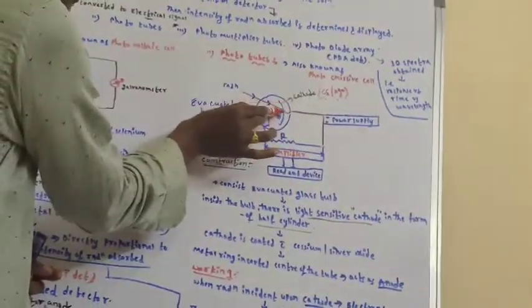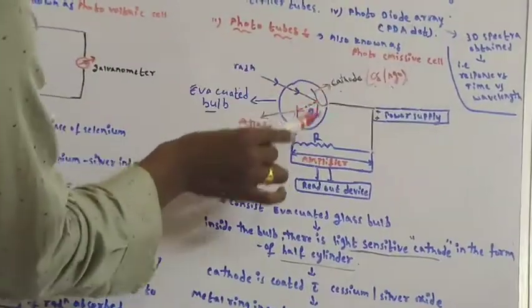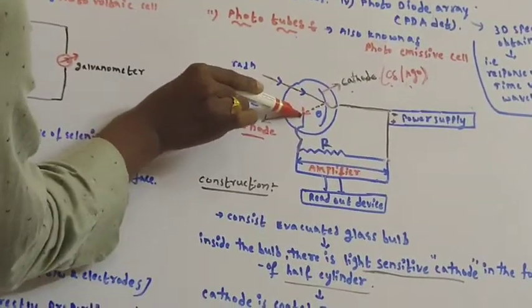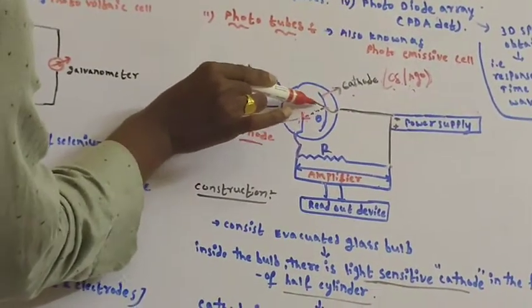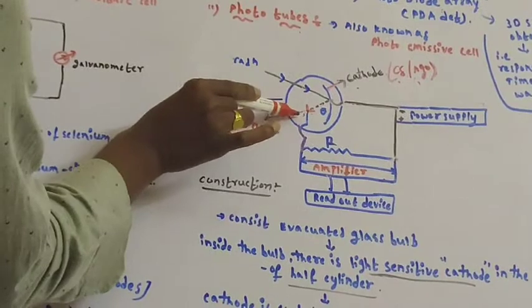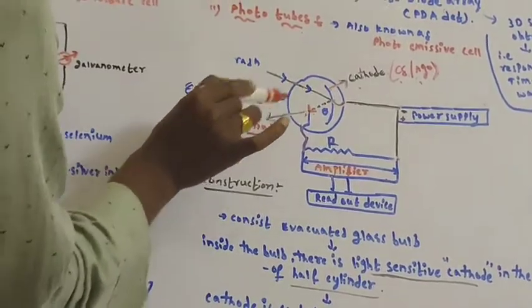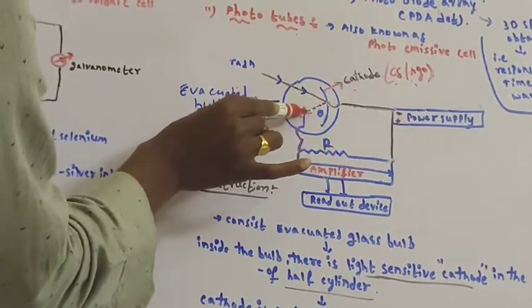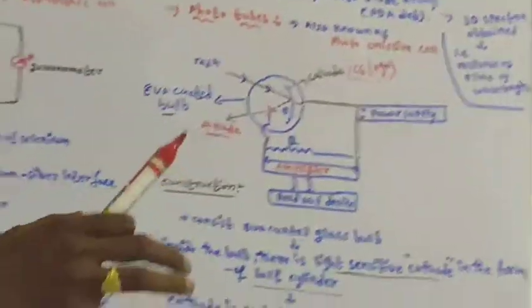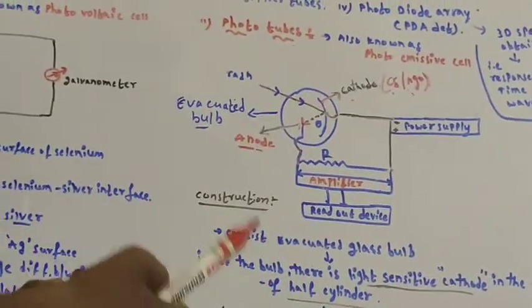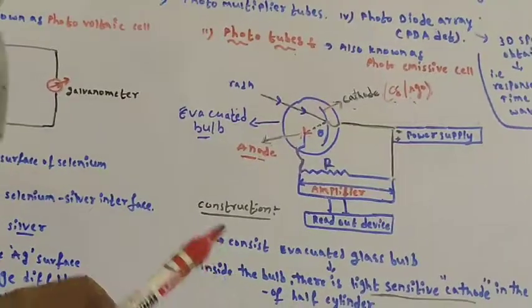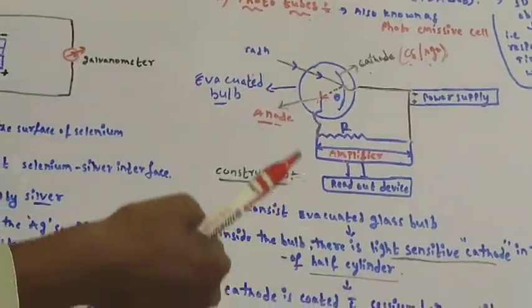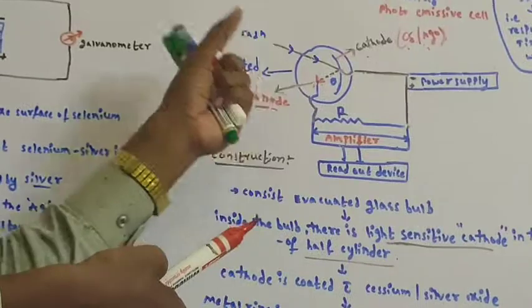Let's see. Whenever the radiation falls onto the photocathode, what will happen? The electrons are generated from the cathode. The generated electrons will move towards the anode, meaning all the electrons will be collected by the anode only, and that's why it is known as the collector anode. The flow of electrons towards the anode generates current. If you measure the current, that is directly proportional to the intensity of radiation absorbed by the sample.